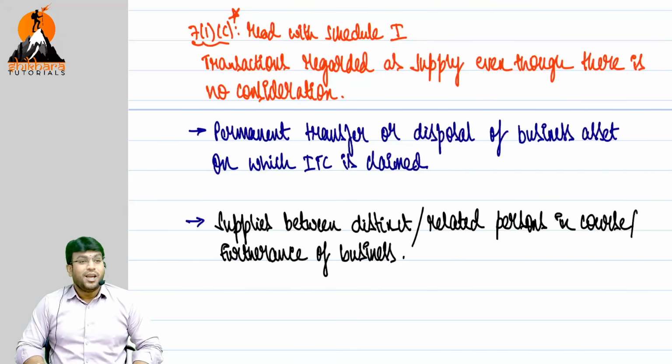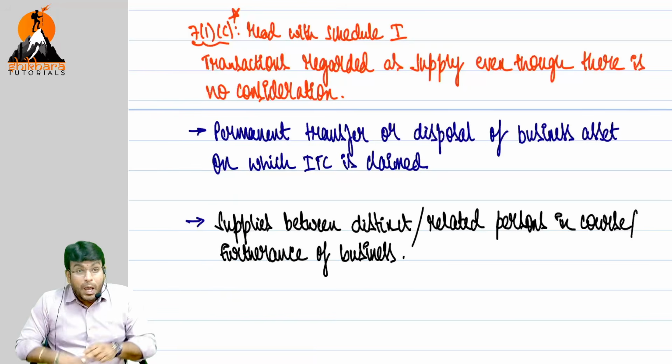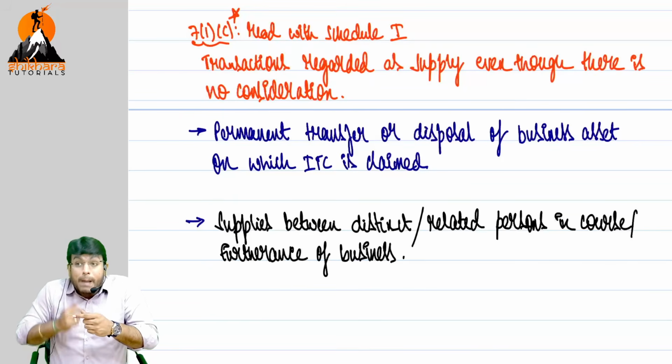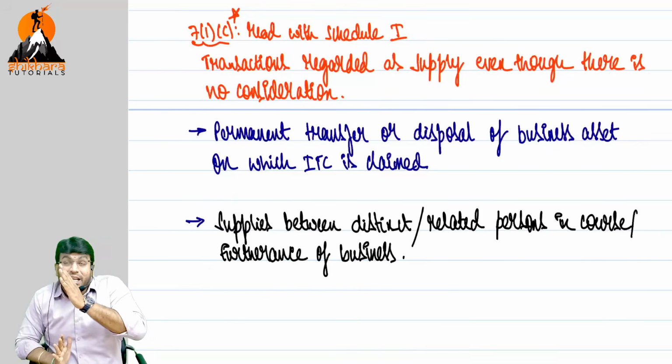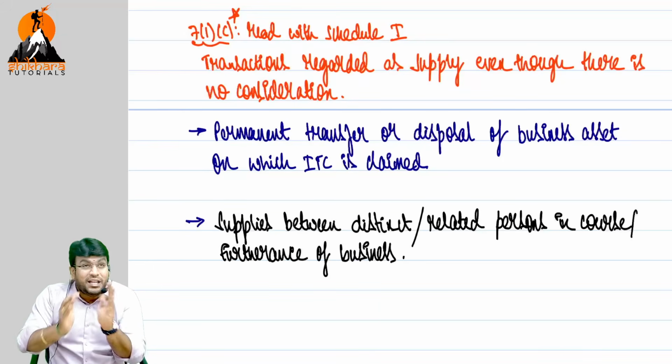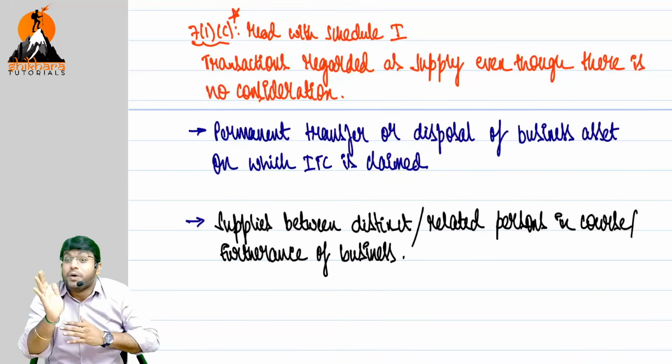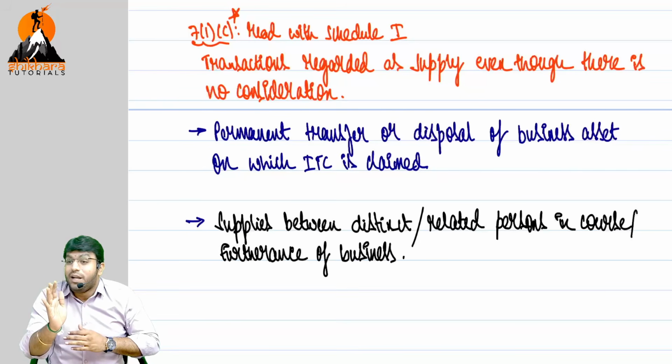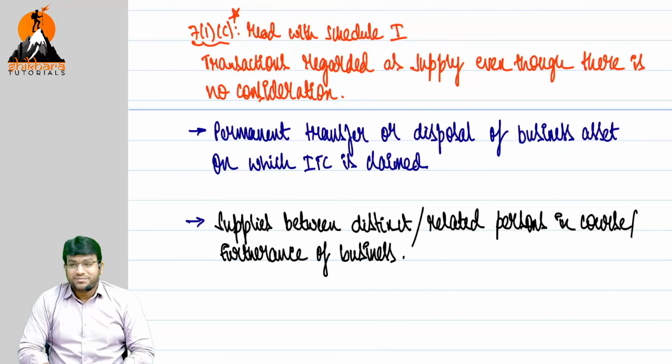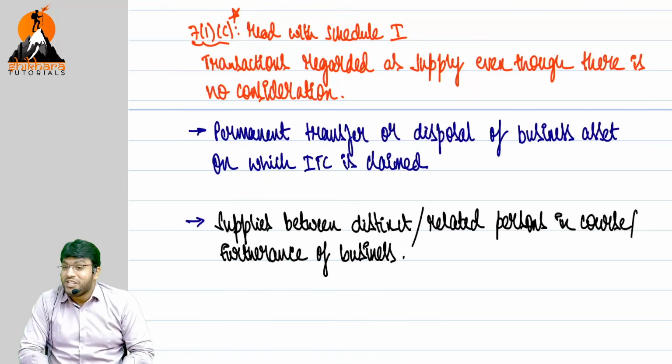In income tax, you have a crazy concept of related person in income from other sources, section 56(2)(x), which talks about gift from relative being exempt: spouse, brothers and sisters of the individual, brothers and sisters of parents of the individual, brothers and sisters of spouse of the individual, any lineal ascendant and descendant of the individual, lineal ascendant and descendant of spouse of the individual. That is there in income tax. But in GST, the story is totally different. Are we ready to learn what is there in GST, sir?